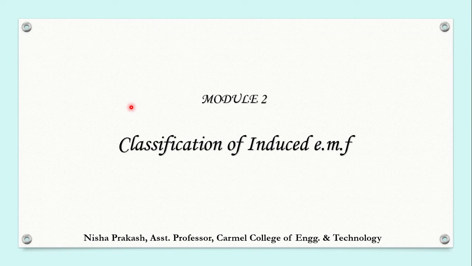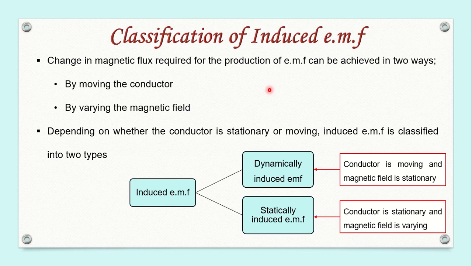In this lecture, we will be discussing the classification of induced EMF. In the previous lecture, we have studied the phenomenon of electromagnetic induction. According to Faraday's law of electromagnetic induction, whenever the magnetic flux linking with a conductor changes, an EMF is induced in the conductor. So for an EMF to be induced in a conductor, the flux linking with the conductor